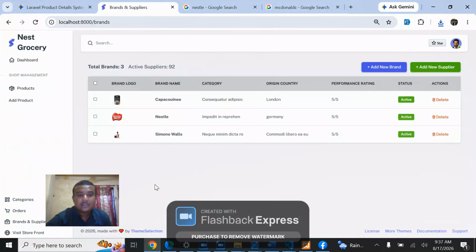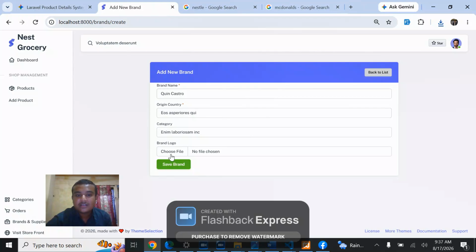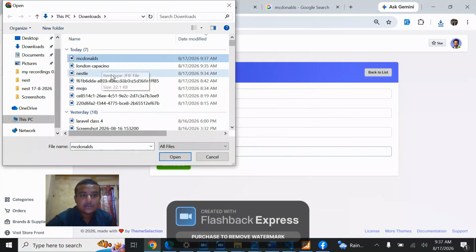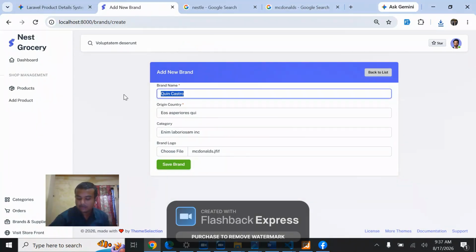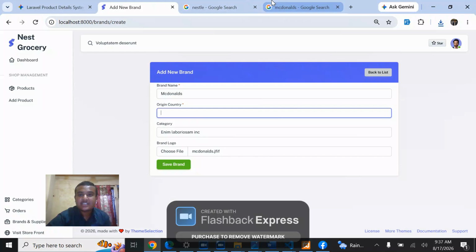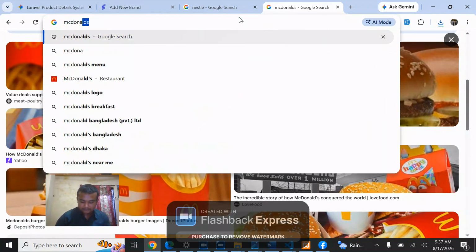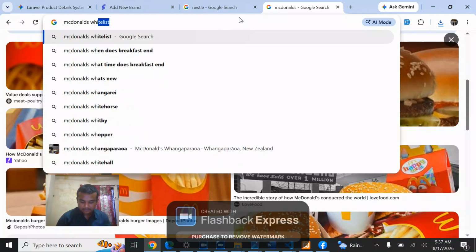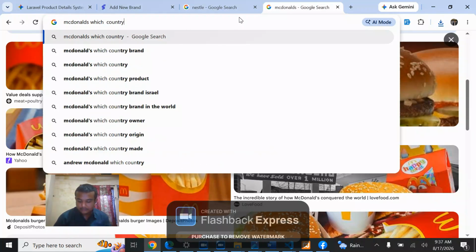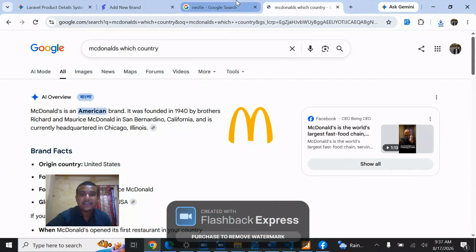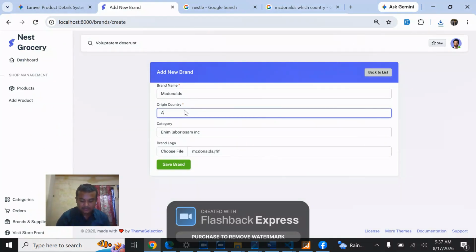McDonald's, and after that add new brands, fake filler, choose file, McDonald's, open, and here our brand name will be McDonald's. Origin country will be, which country? I think America. I hope America. Okay, America. So after that the country will be America. So after saving products,